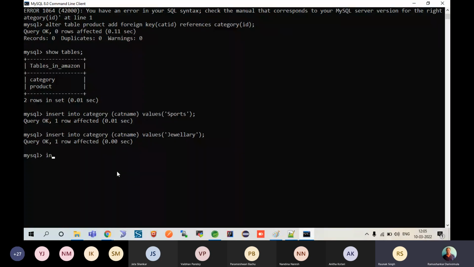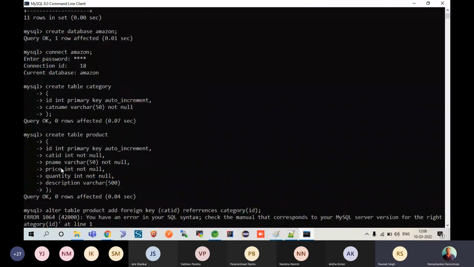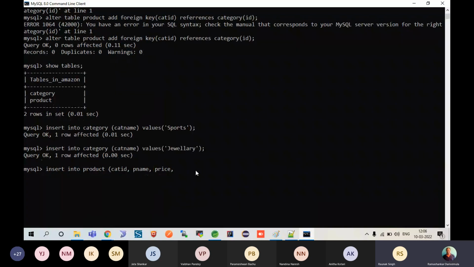Then insert into product, cat ID, product name. What else do I have? Product name, price. Look, cat ID, and then we have p name, price, quantity, description,